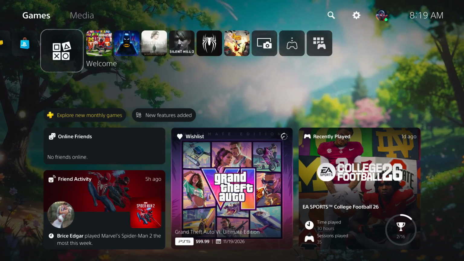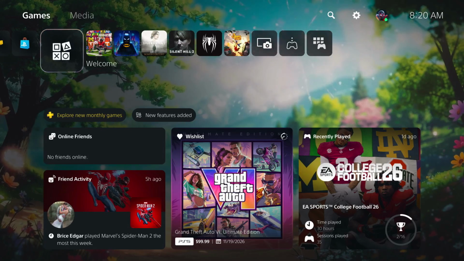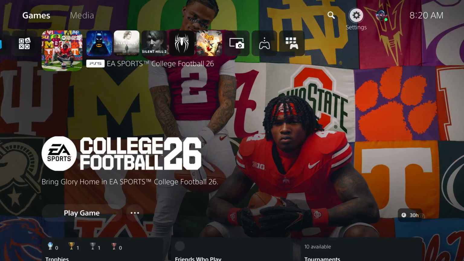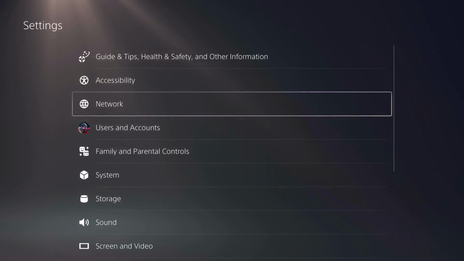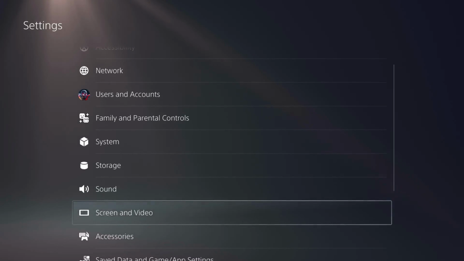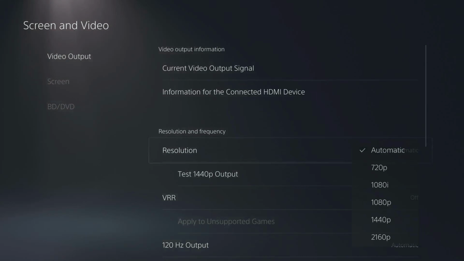If you see black borders around your PS5 screen, you do need to adjust the display settings. So start on your PS5 home screen and go to settings up in the top right. Go ahead and select settings and you need to scroll down on here until you see screen and video. Open that up and under the video output right here, you need to select this, go specifically to resolution, and